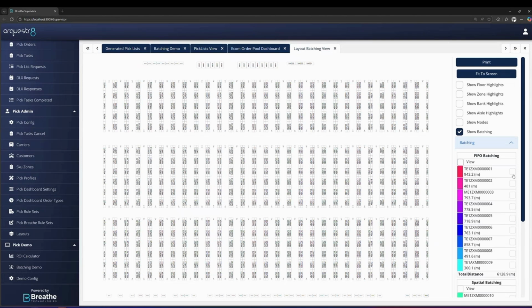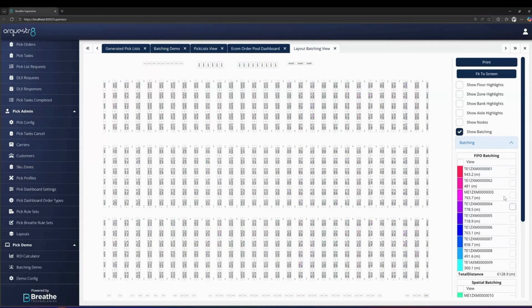And if I look at an individual pick list in this set that have been generated FIFO, so basically by the age of order, we're pretty much covering the complete zone to complete that pick list. So we're walking through every aisle from the beginning of the warehouse to the end of the warehouse to actually complete this particular pick list. Those orders cover the whole of the warehouse, and similar in some of the other ones, you can see again that there's quite a lot of spread, there's quite a lot of aisles